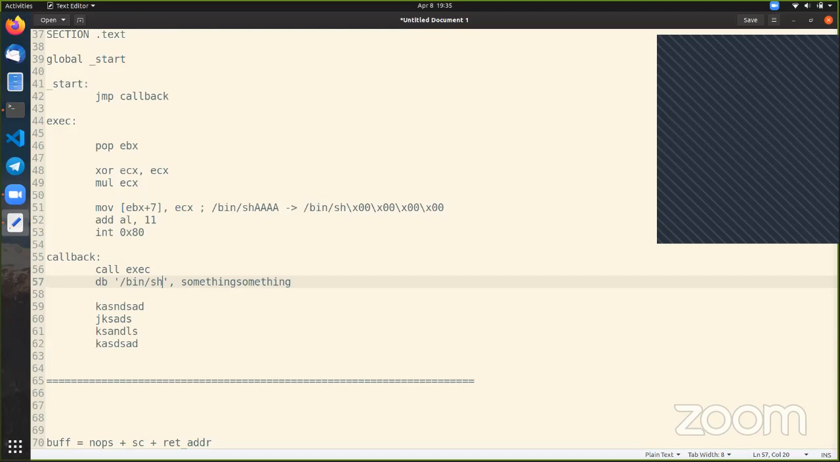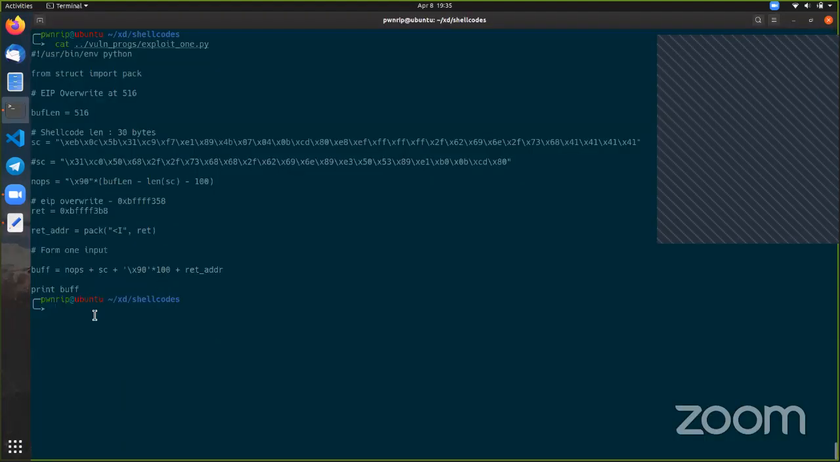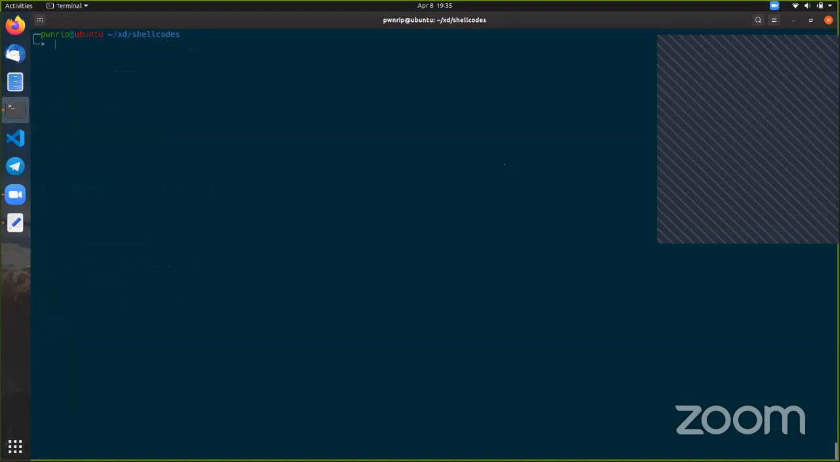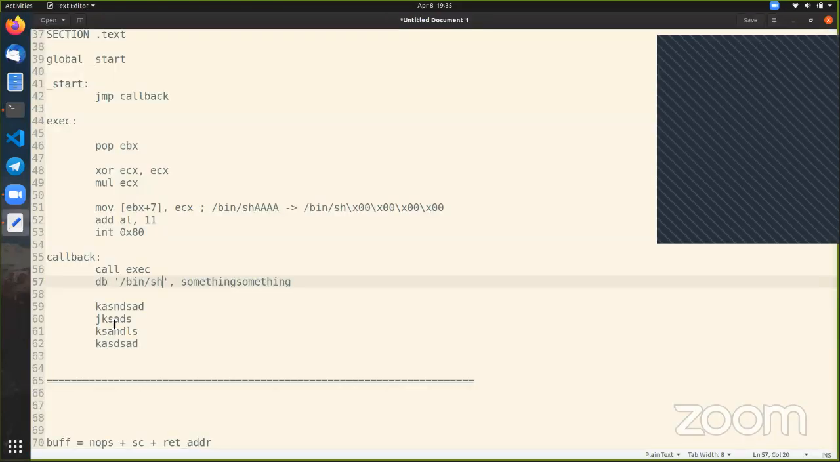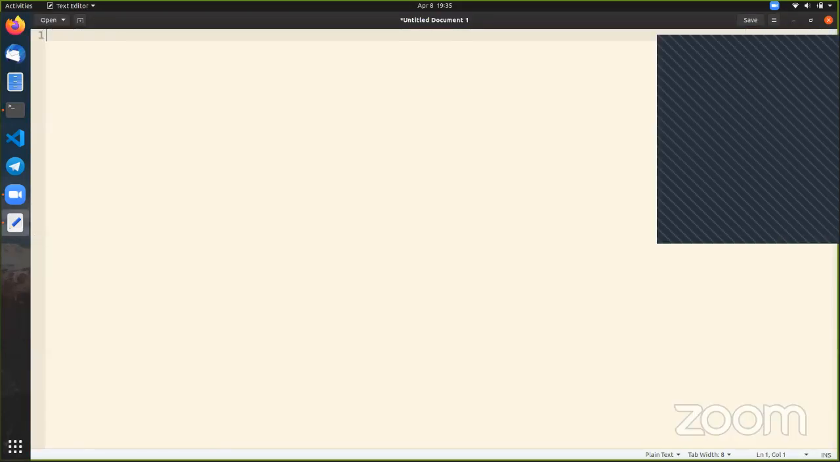I think we can conclude the session. So this was the basic introduction to exploit development. In the next session, I am interested in covering NX bypass, which is basically getting your shell executed